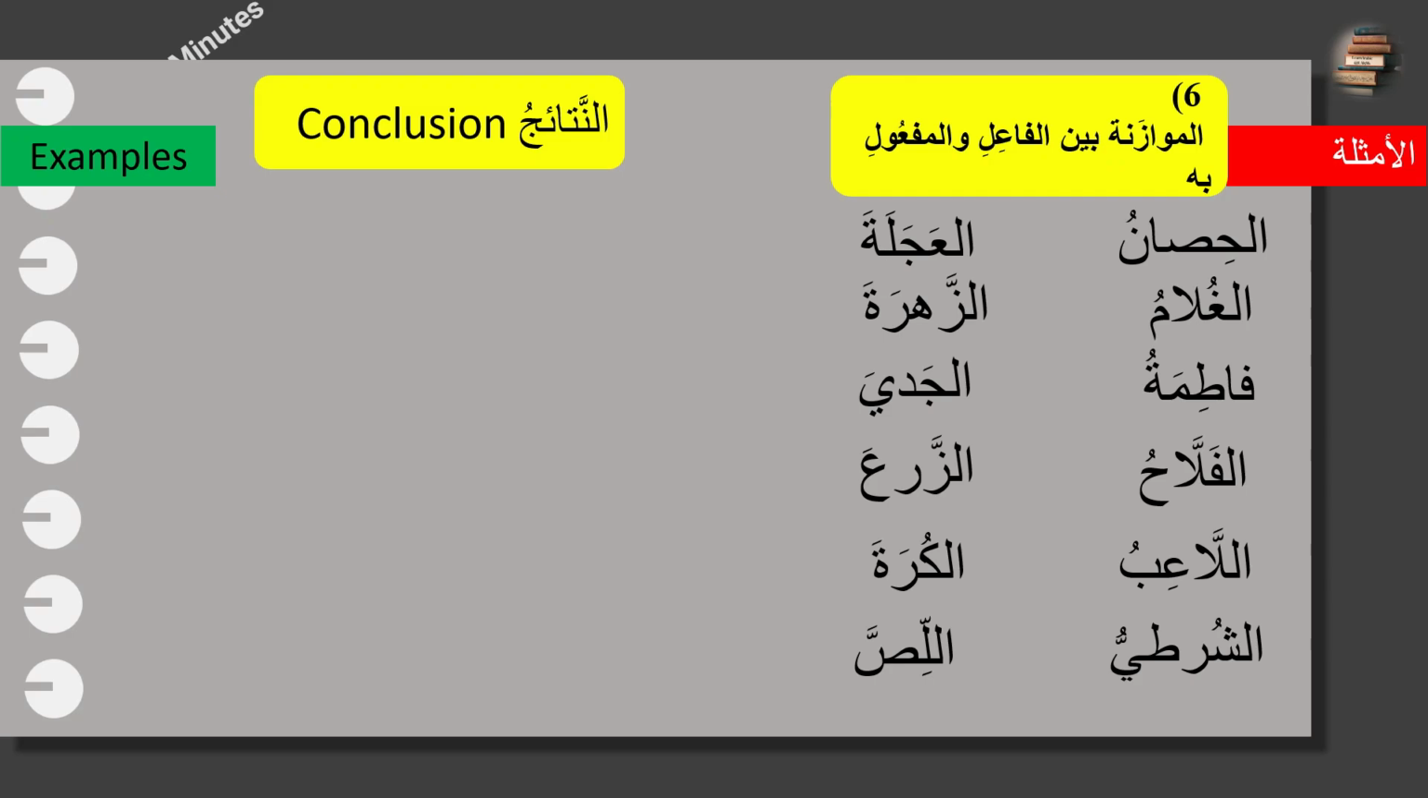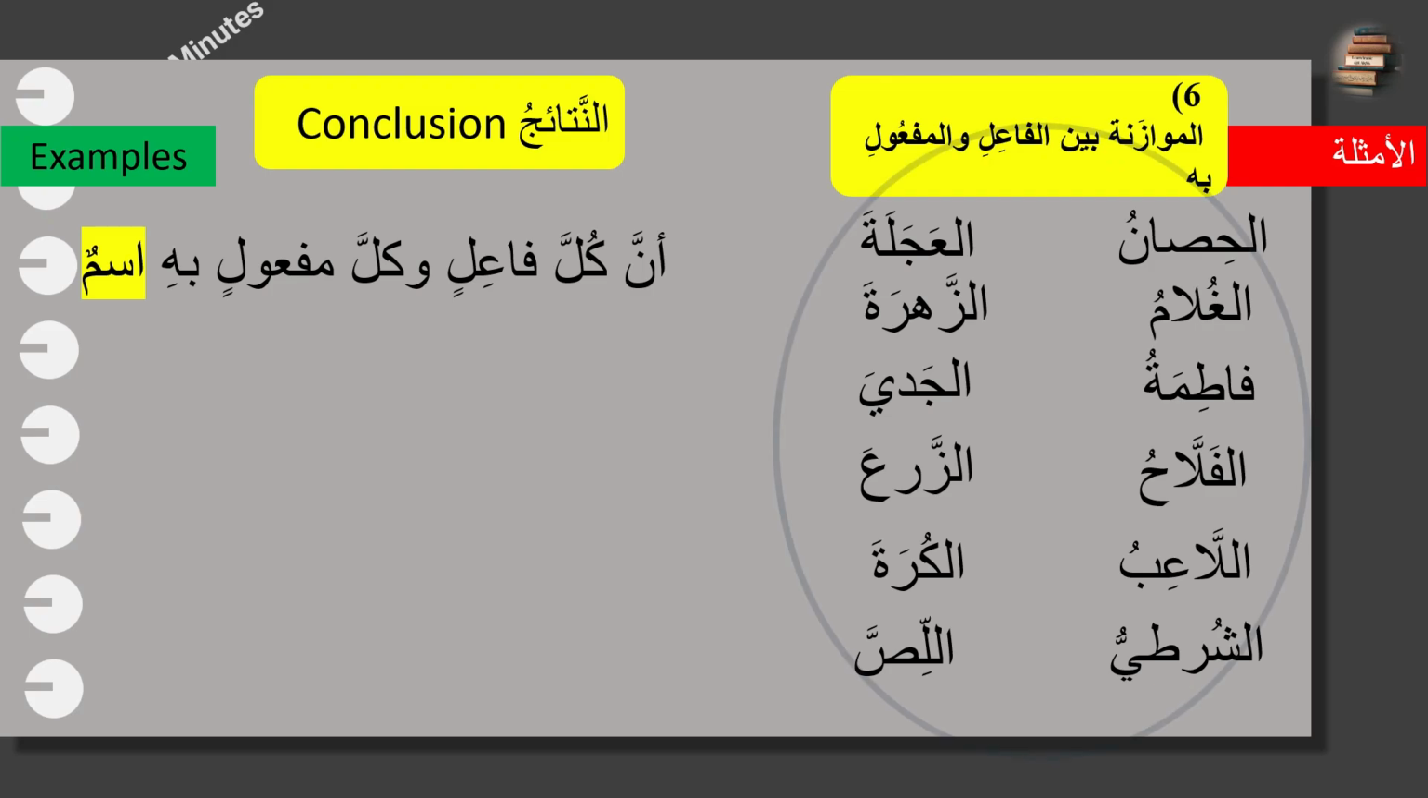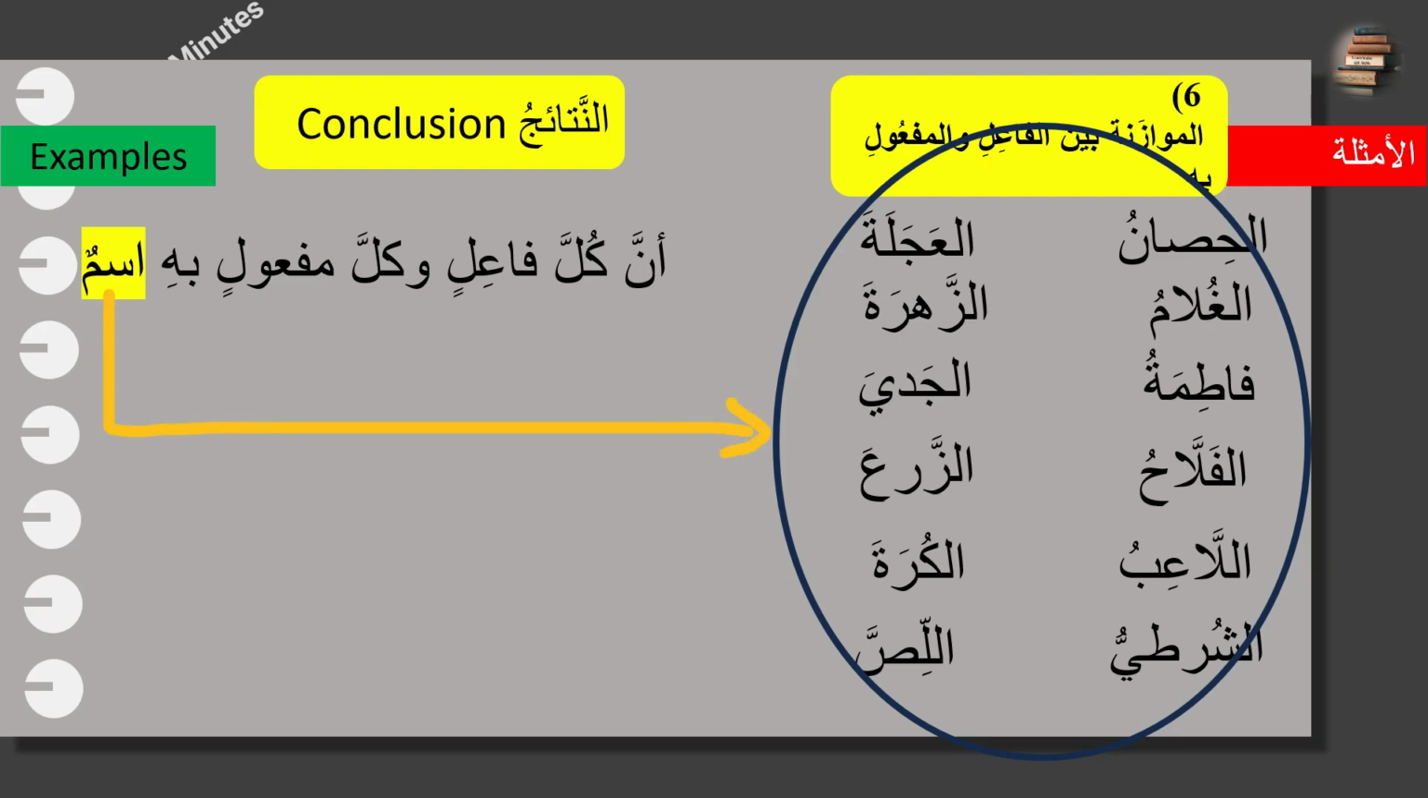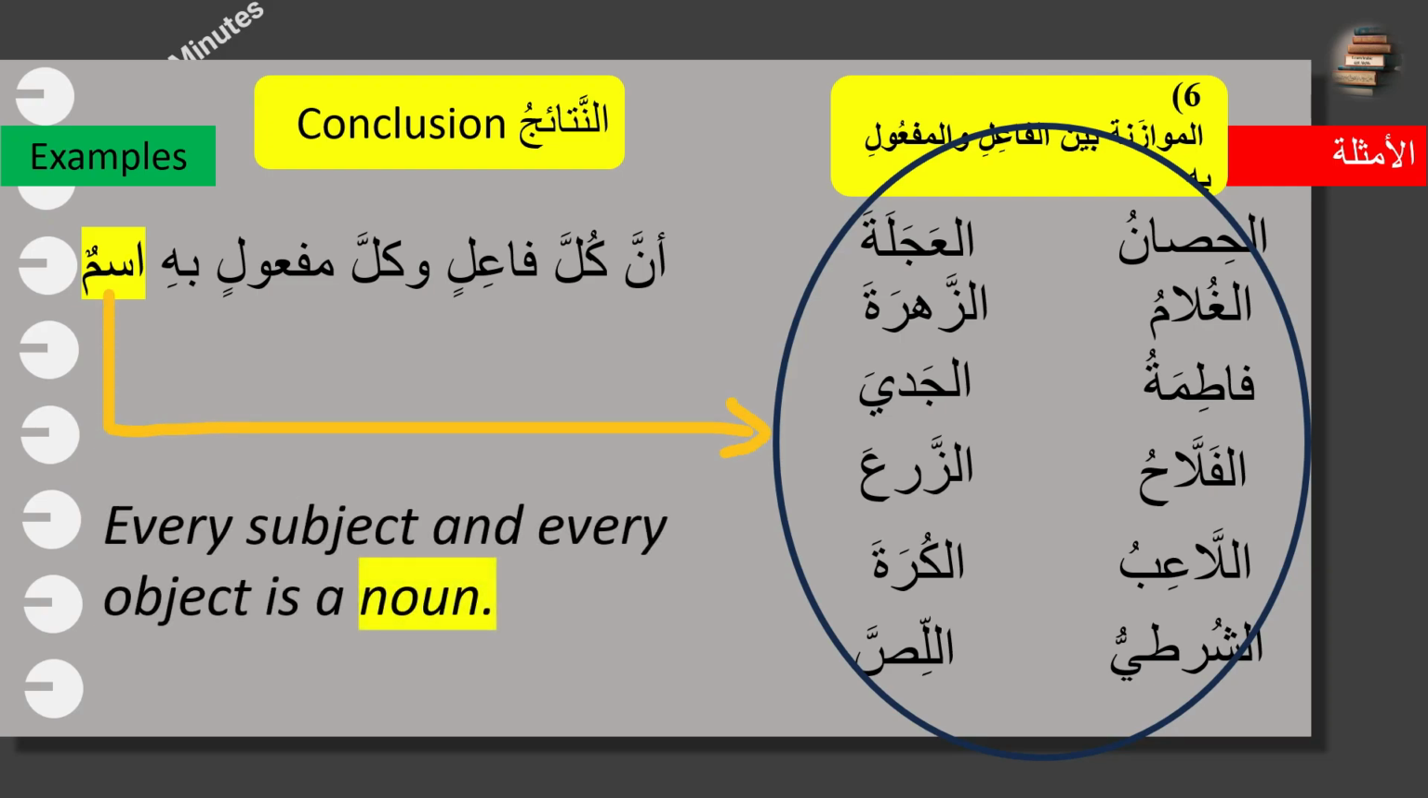So the conclusion we draw from the previous examples is أن كل فاعل وكل مفعول به اسم. So every subject and every object is a noun. Okay, what does that mean? It means that neither the fa'il, subject, nor the maf'ul bihi is a verb or harf. So they're not verb or